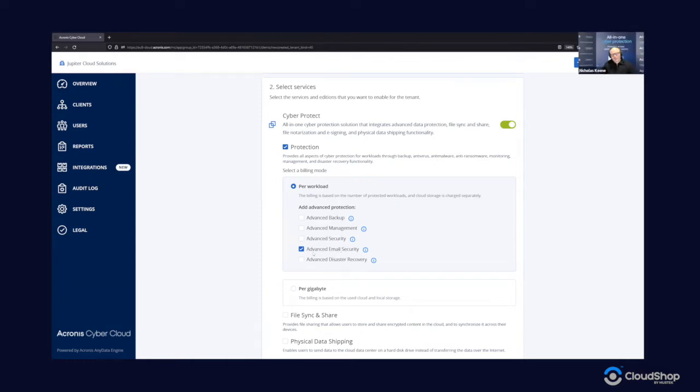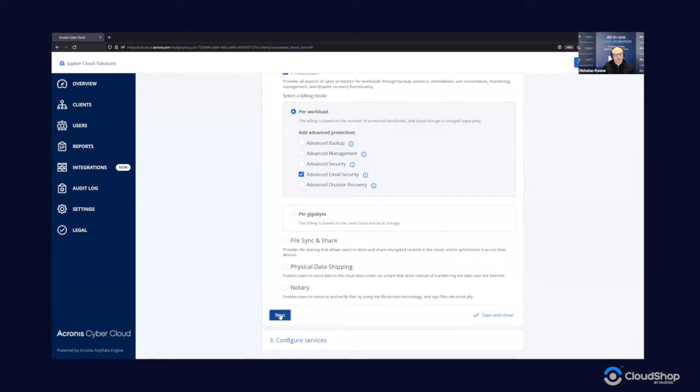We believe in a multi-layer approach to protection, right? Your backup and recovery is always your last line of defense, right? But we want to try and stop any threats and anything from destroying, corrupting, or damaging your data as well. And so that's why we have this multi-layer protection. And so we enable email security, and we then move on to the next steps where we start